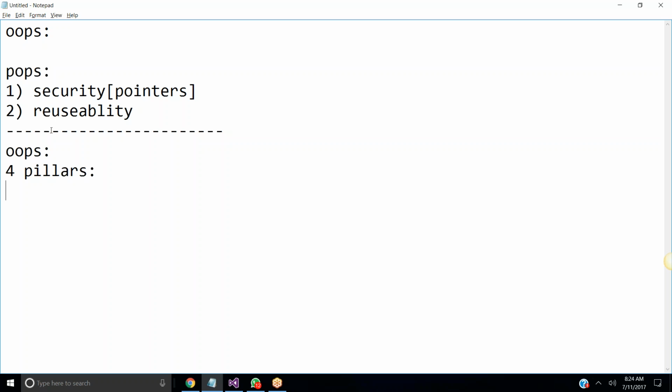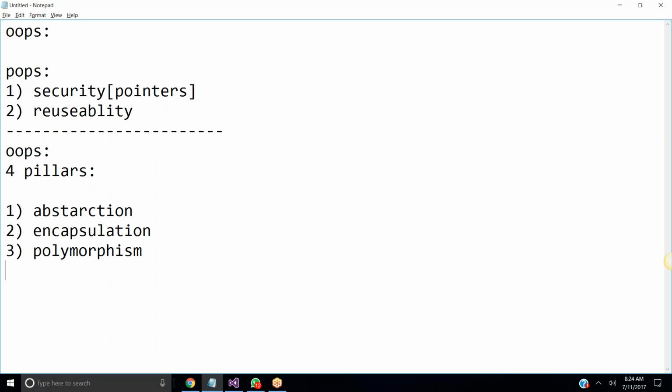We overcome these disadvantages with the help of the 4 pillars of object-oriented programming language. Those 4 pillars are abstraction, encapsulation, polymorphism, and inheritance. Clear, all of you? With the help of these 4 pillars, we are overcoming the problems of security and reusability.